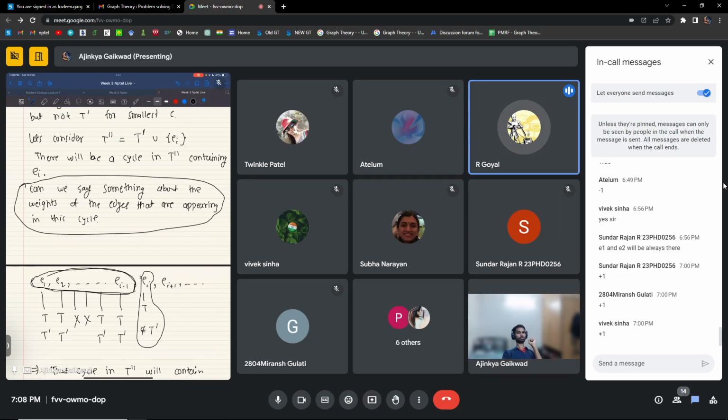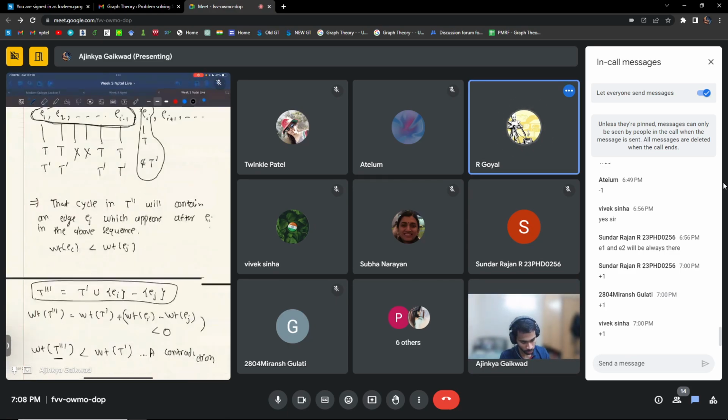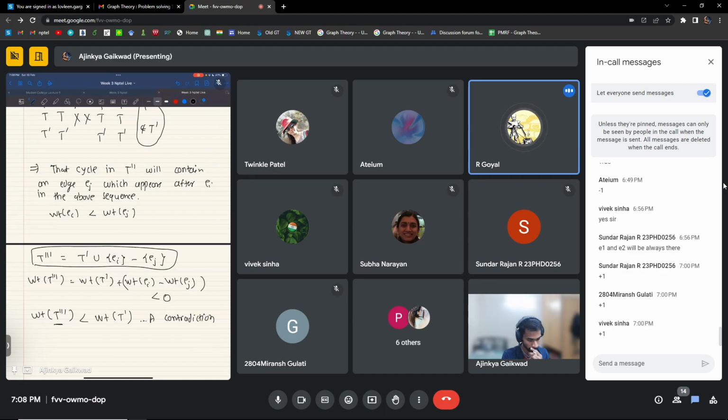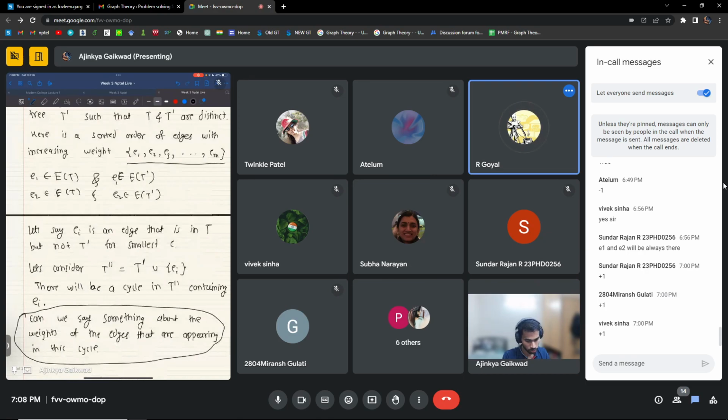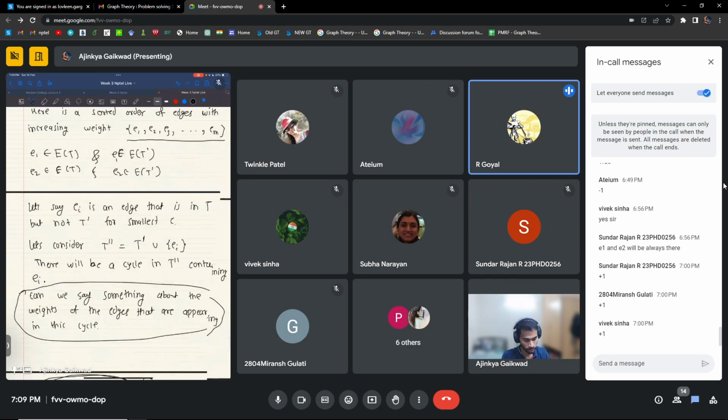How did we reach the contradiction then? Can you elaborate that part? Yeah, so I constructed a tree T triple prime. I took my tree T prime, which was not the Kruskal's algorithm tree, some different tree that I have assumed first here, T prime, and then